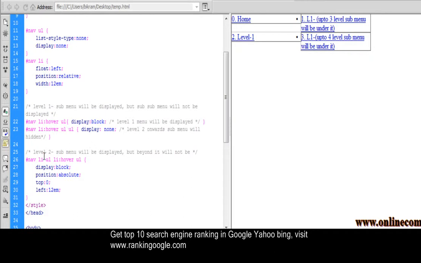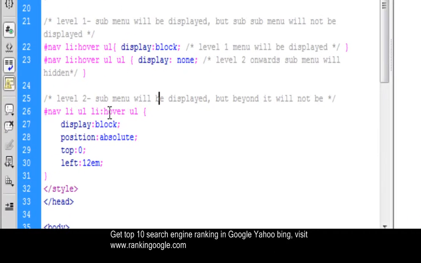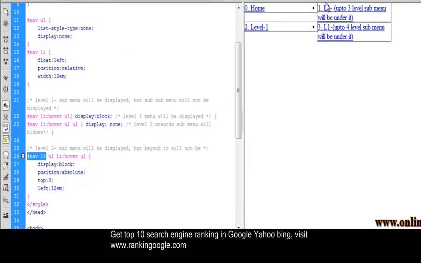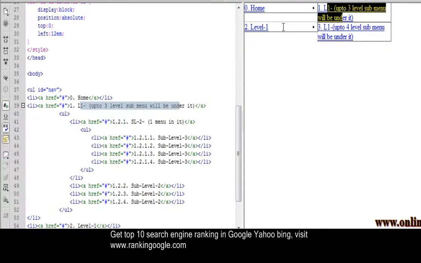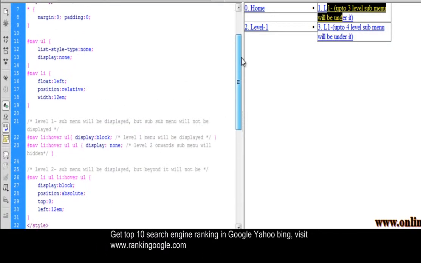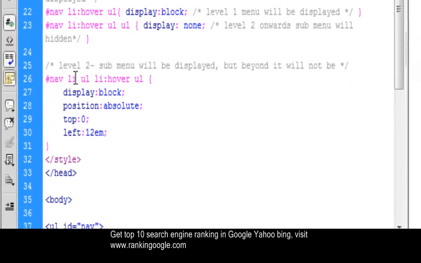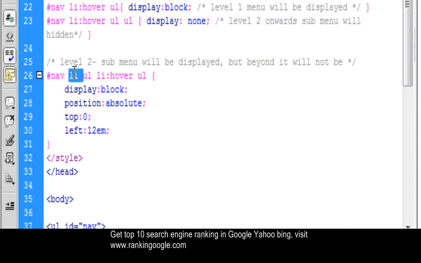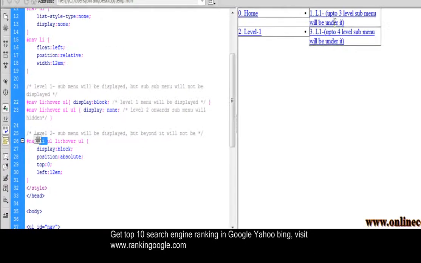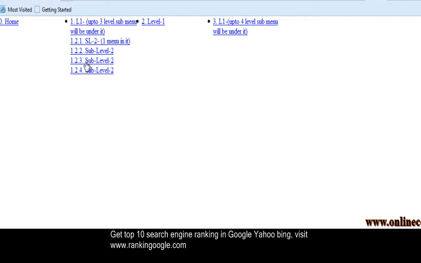When I hover on this submenu, this is the first top level menu. This li is this li in the right pane, and any submenu under that is the ul, the submenu under this li.